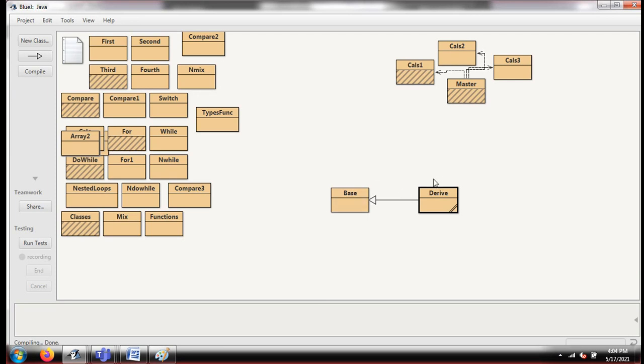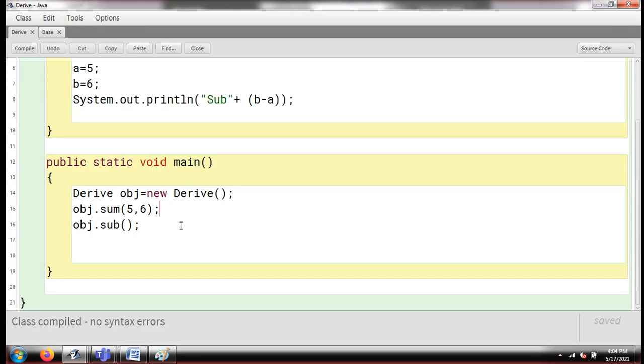Inheritance means your base class is a part of the drive class. Both classes can use common data members, or some functions can also be shared. But in the case of classes and objects, you cannot share. Your sharing is a little weak. You just can access each other's functions. That's it. But in inheritance, the base class's data members can be used by the drive class's member functions also. So the moment you write drive extends base, you can see a perfect connection between drive and base class. So this is drive, I have written obj dot sum.